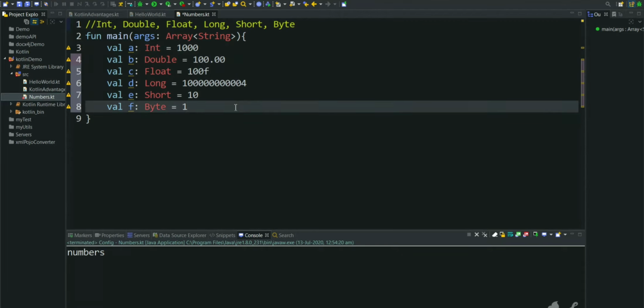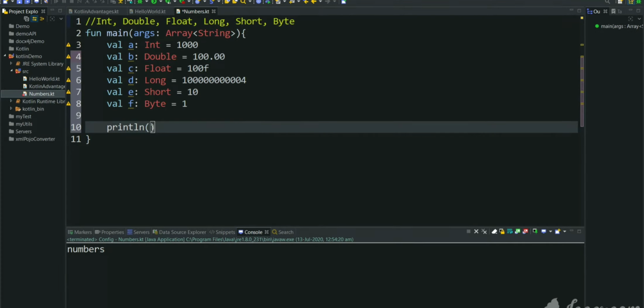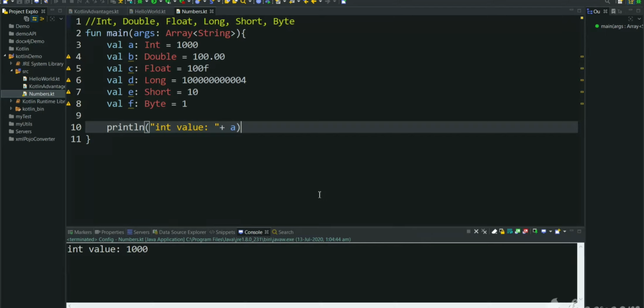And let's print these values. We have already seen that for printing we can just use println. No need to use System.out.println. In this, let's print the int value, a. Let's execute this one and see whether we are getting the 1000 value in the output.